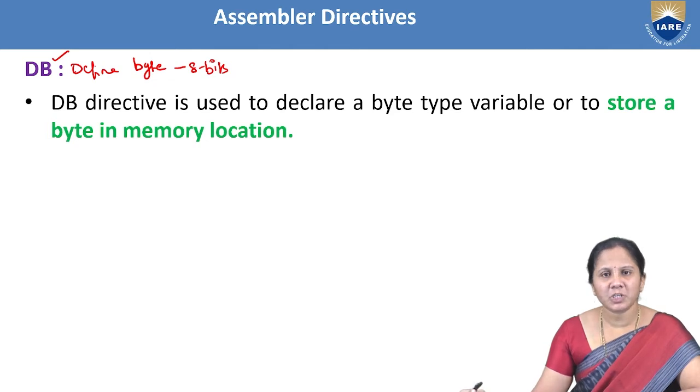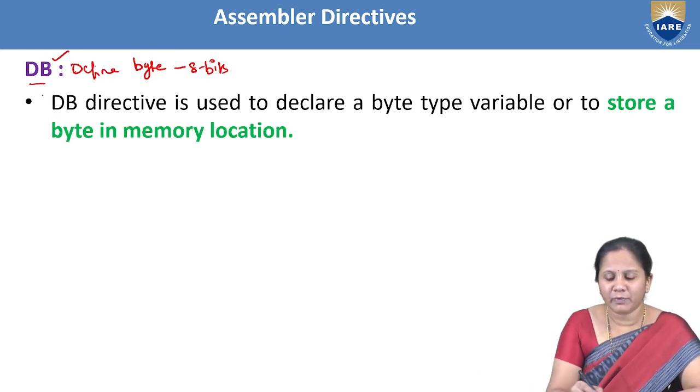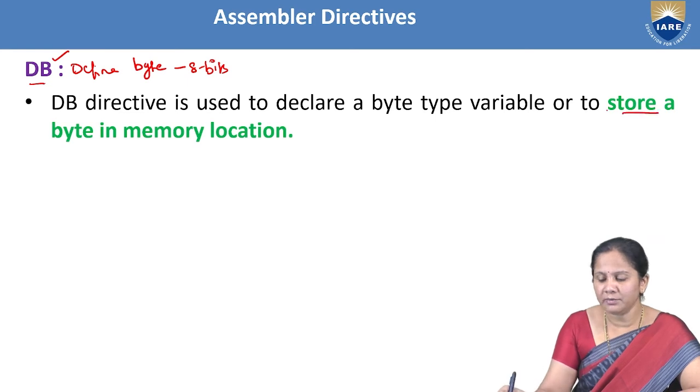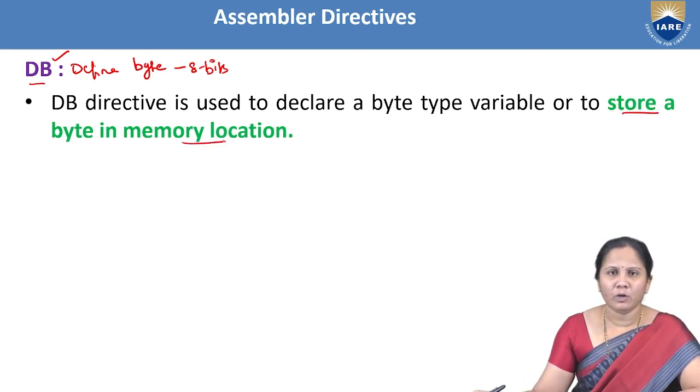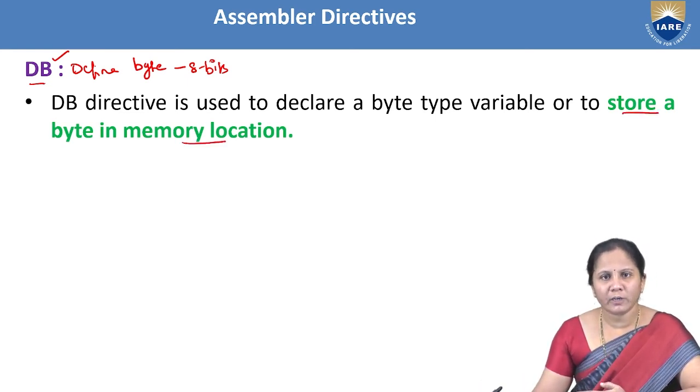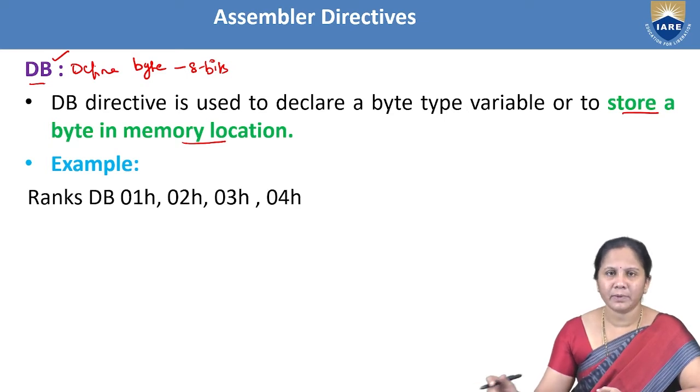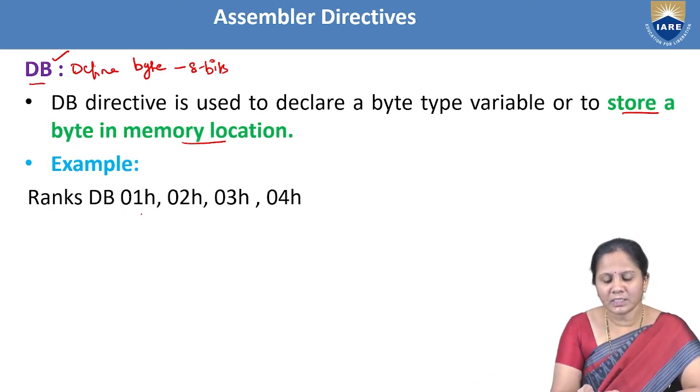The memory will be initialized with the values you use with the help of this DB assembler directive. DB represents define byte. It is going to reserve a byte of memory location, and in that reserved memory location, the information we specify in this assembler directive will be stored. Coming to the example, if you consider RANKS DB,